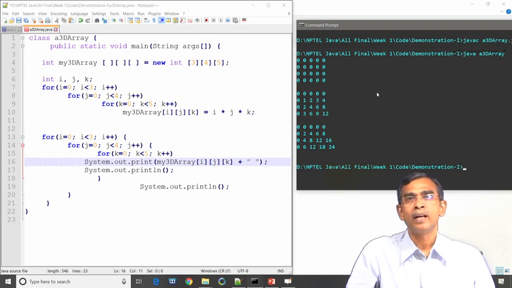Now, as you have already learned the 3D array, learning the 2D array is also similar. In that case, in the same program, you just have to use 2 for loops for initialization and 2 for loops for printing all the elements. So, it is given as an exercise for you. You can try, just repeat the same thing: declare a 2D array, initialize it using some i star j, and then display the elements. Okay. You can practice it so that you can learn it.